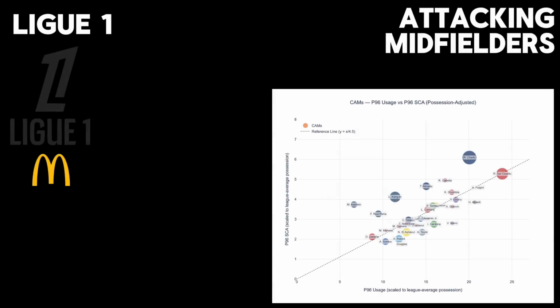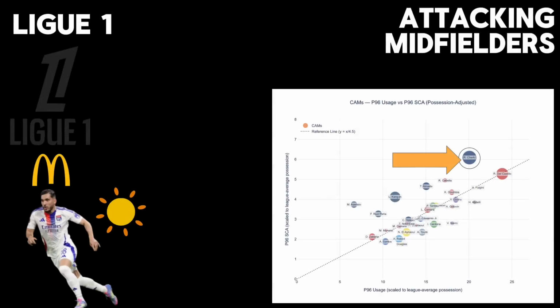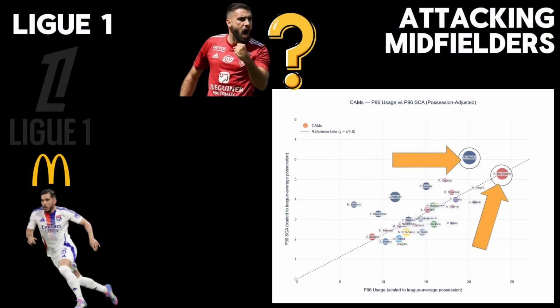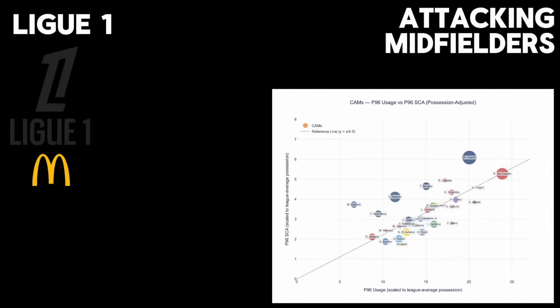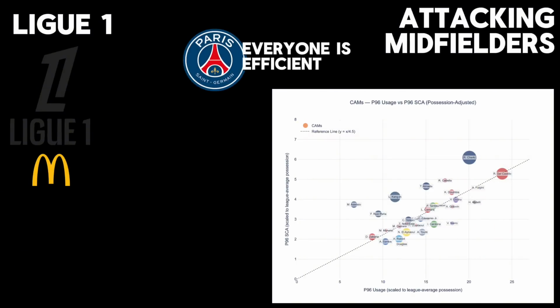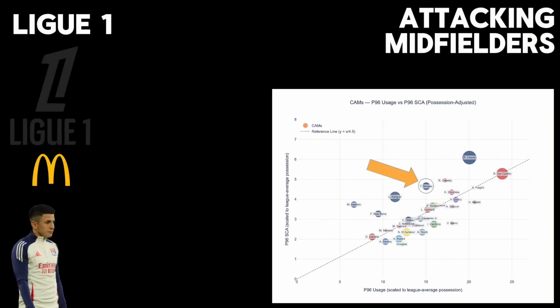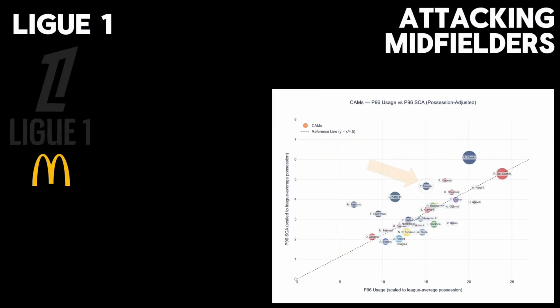Finally, let's talk about Ligue 1. Here are the attacking midfielders. Rayan Cherki was the second most ball-dominant midfielder, next to this guy Del Castillo, who I hadn't heard of. But put some respect on his name. You remember Brest qualified for the Champions League last year? Del Castillo's been with them the whole time as the main creative linchpin as they rose up the league. All of PSG's midfielders are incredibly efficient. To me, that's the sign of a top team. Thiago Almada also looks very good here. Besides the PSG players, he was the most efficient in the league.